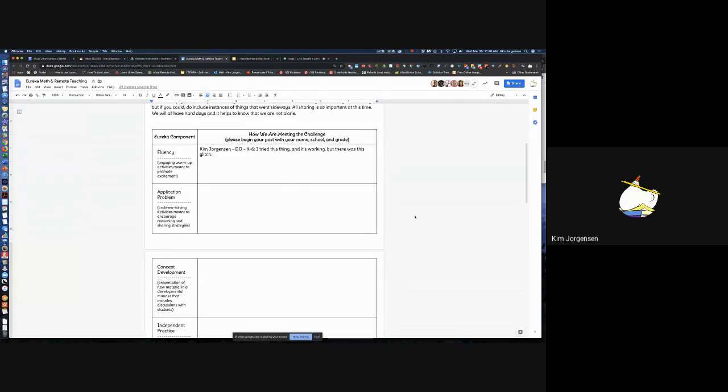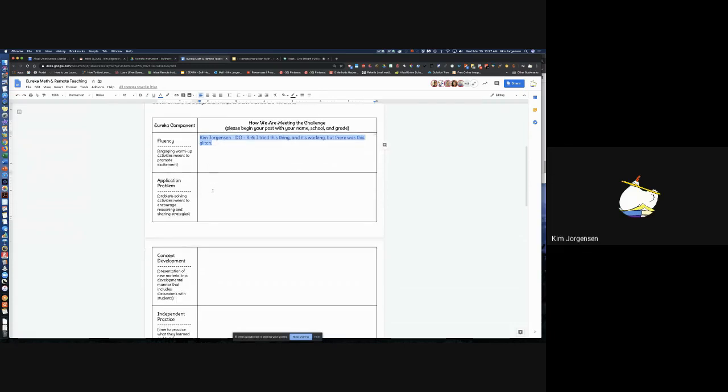And then in here you would put your name, your site, and the grade that you're teaching, and then, this is how I pushed out the fluency, and I did it with my camera, or I did this, and it worked really well, or there was this problem. And then after you're all done, pick a color that you like so that it's easy to tell whose is whose. You can always pick the same color as the one previous, so that we don't have to try to look at yellow or gray on a white screen.